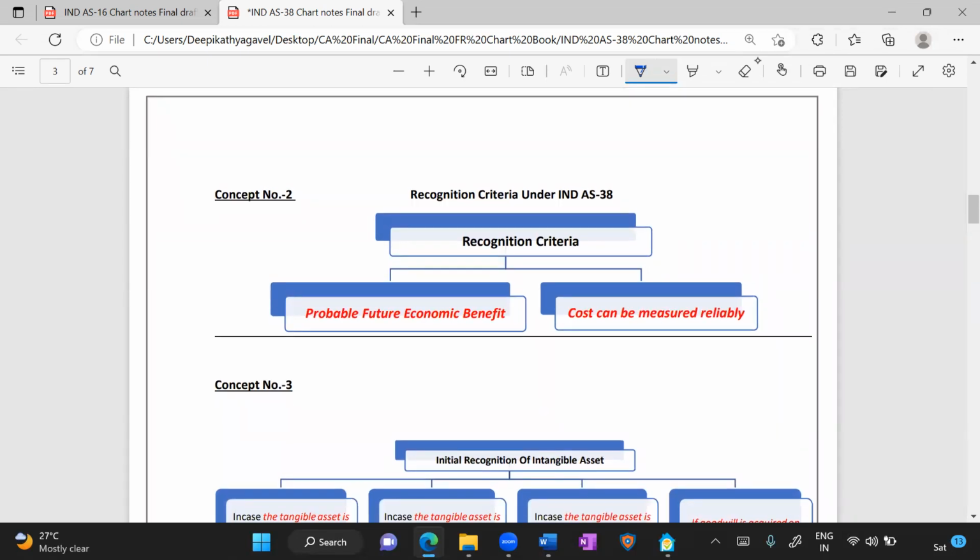38. As I told you, once you have completed Ind AS 16, a lot of principles will repeat in Ind AS 38 as well. Similarly, the recognition criteria is very much similar to that of Ind AS 16. It says again there are just two conditions. First condition is look whether you have a probable future economic benefit. And second, whether the cost can be reliably measured. If both, it's an and situation, right? Both should be satisfied. If you are able to satisfy both the conditions, then of course you can recognize the asset in your books, right? So recognition criteria same as in Ind AS 16, no change at all.